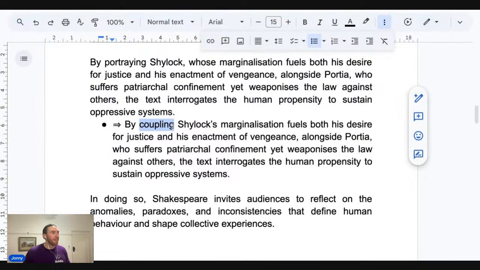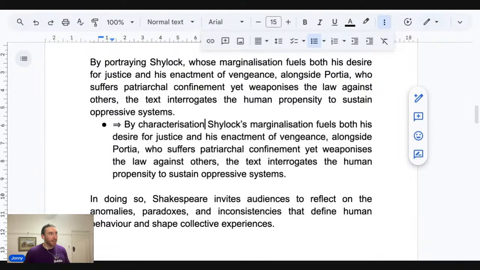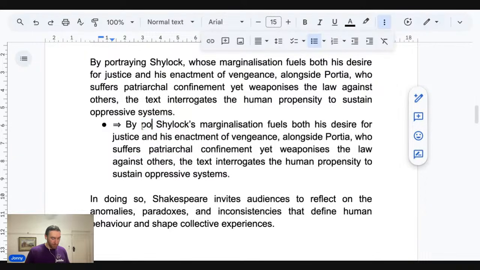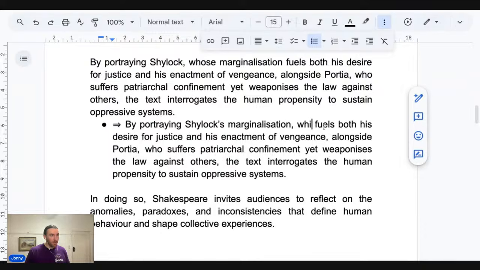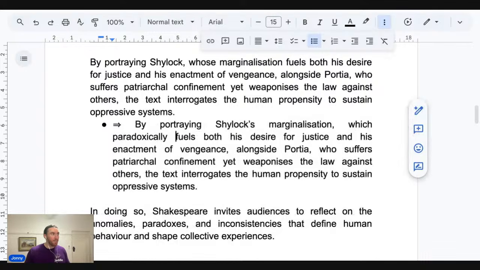Or by placing, representing something. Shylock's marginalization. I wonder if this will be any better. I might make the same mistake. By characterizing, no. Let's go by portraying, to keep it as much the same as possible. By portraying Shylock's marginalization, which fuels both his desire for justice, I'm going to use paradoxically again, because if that